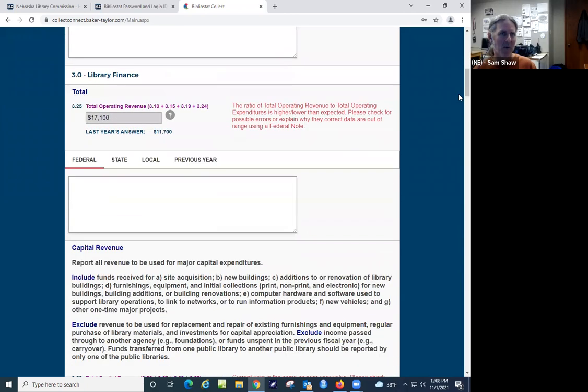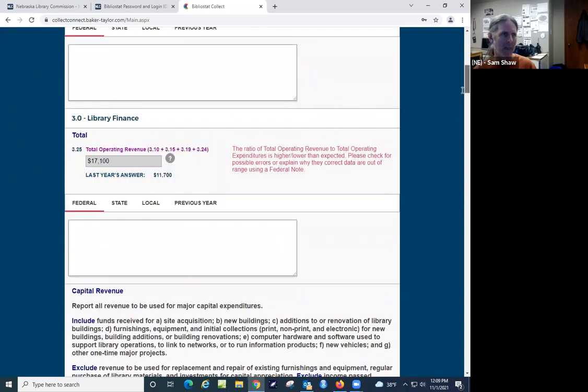This is a good example. It looked at the total operating revenue and the total operating expenditures, and it's saying this is higher or lower than expected. It's probably saying, since we didn't enter that much in expenditures, well, you reported $17,000 in revenue but not very much in expenditures. So you can enter a note here if you'd like. You don't have to go back to the survey itself. You could enter a note that just says, we didn't spend